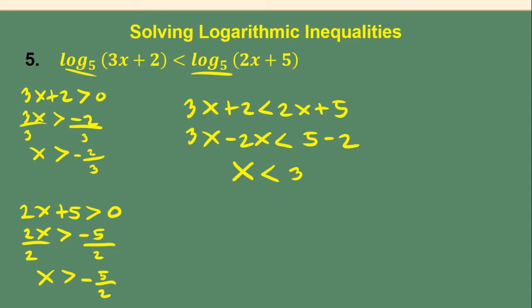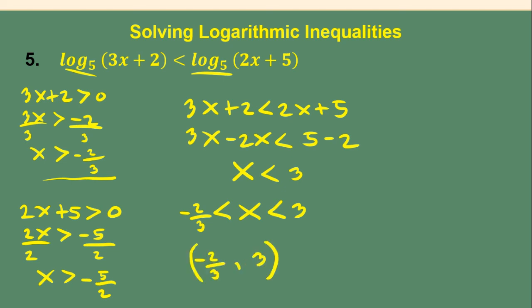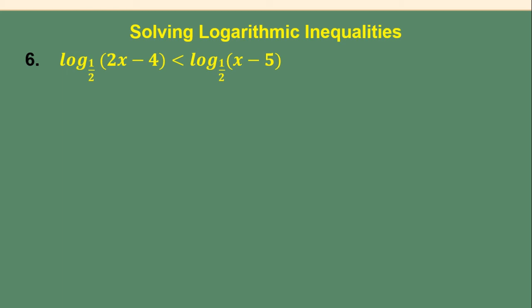Okay, look for the higher value of x here. So we have negative 2/3. So it will be x is greater than negative 2/3 but less than 3. And then for our interval notation, it will be